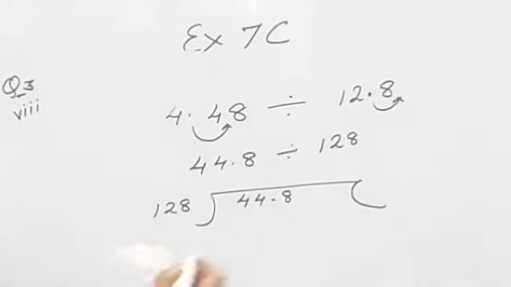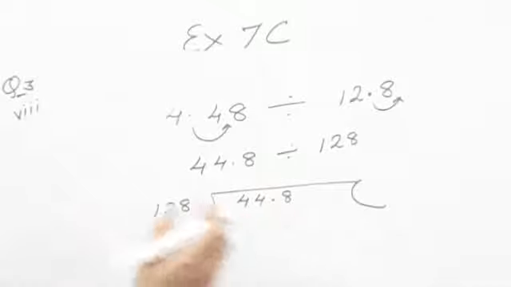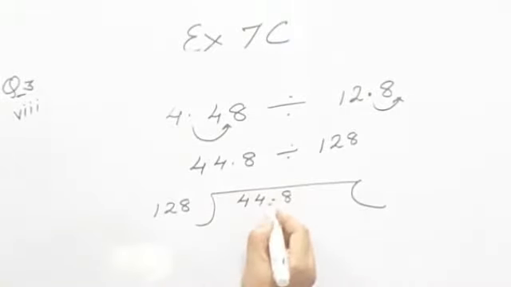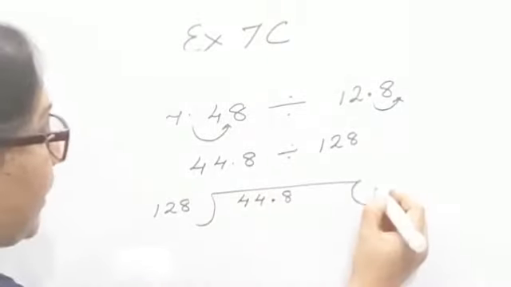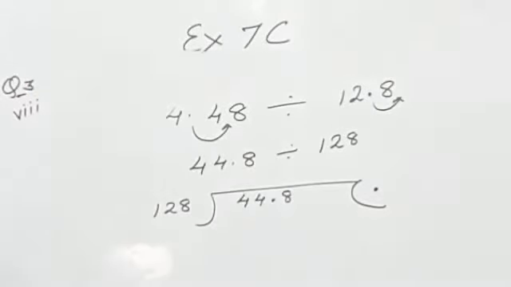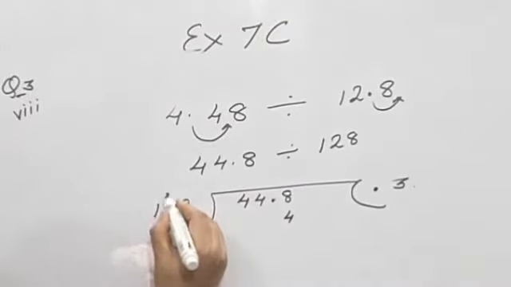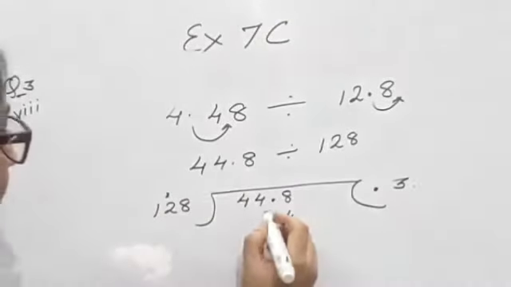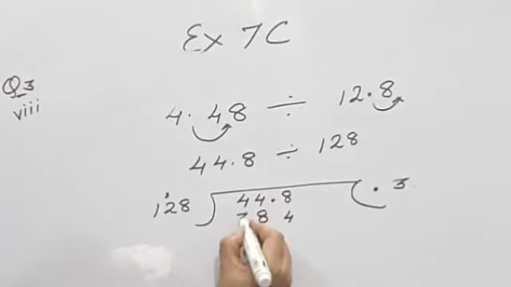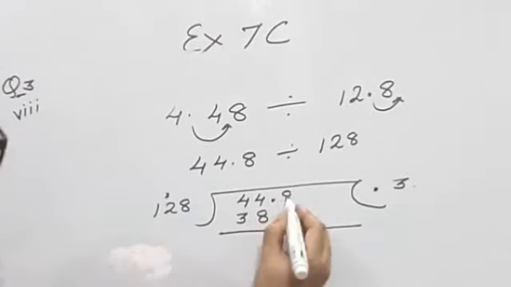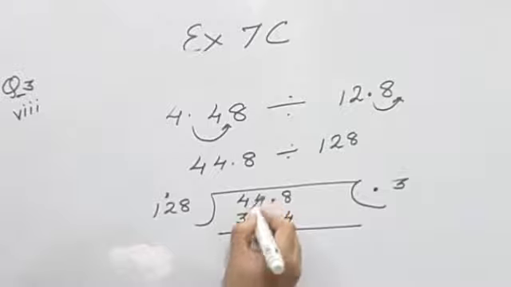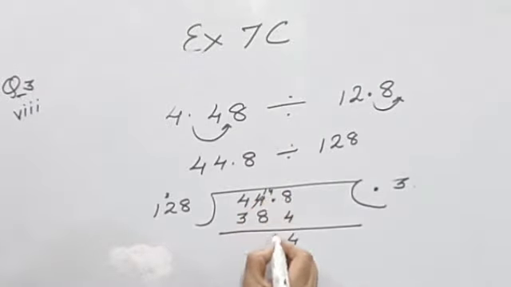Next step, we'll consider all the three numbers in which your first decimal place is included. So we'll put the decimal to the quotient and then proceed. 128, when you multiply 1 by 3, 3 is the closest number, so it will go 3 times. 3 8 is 24, 2 carry, 3 2 is 6 plus 2, 8, 3 1 is 3. Subtract 8 minus 4, 4. Here 4 will borrow, 40 minus 8, 6.